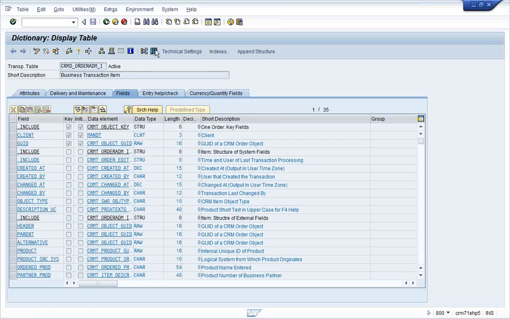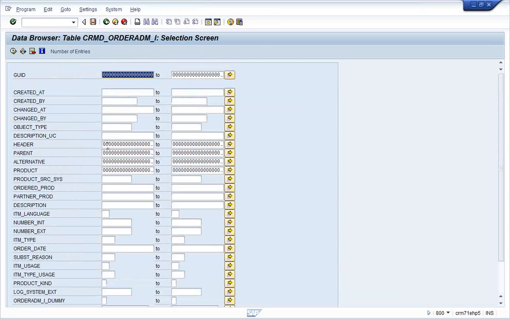If you want to know how many items are being ordered in a transaction, you have to give the header GUID here, because every item is associated with a header. How do you know if the same product is being ordered in different transaction numbers? How do you know in which transaction how much quantity is ordered and what is the character of this product in that particular transaction? So every item is associated with a header.